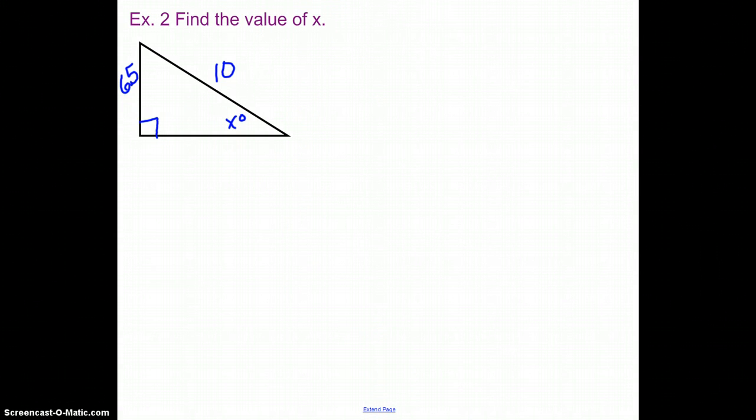Okay, now let's actually put this to its test here. In looking at this triangle, I know that this side where 10 is at is the hypotenuse no matter what. And x has to be my focus angle. Which means that, first of all, if you can't see this, this is 6.5. That side would be opposite. And adjacent has nothing. So if you're looking at this Sohcahtoa that we were talking about just a few minutes ago,